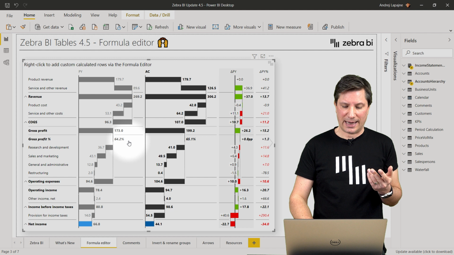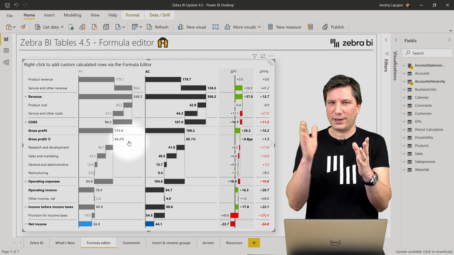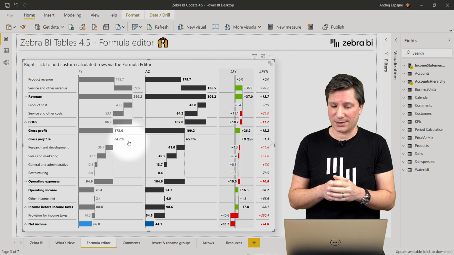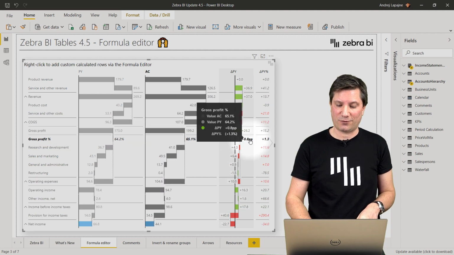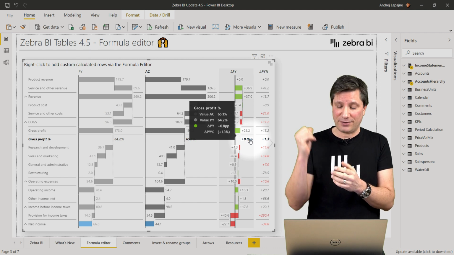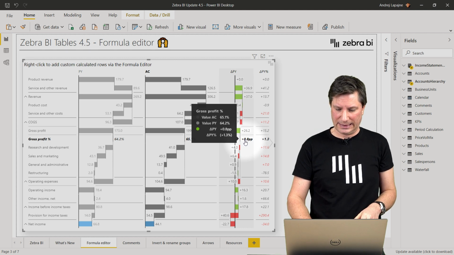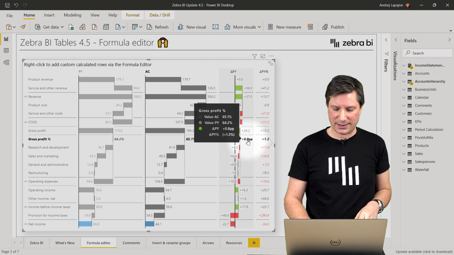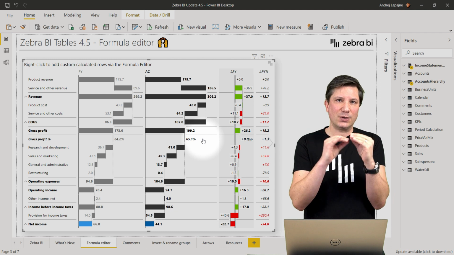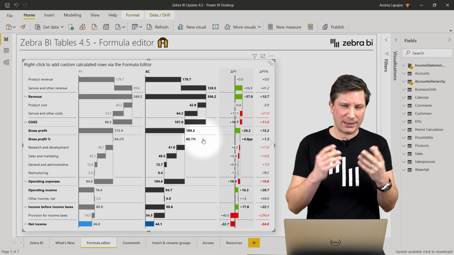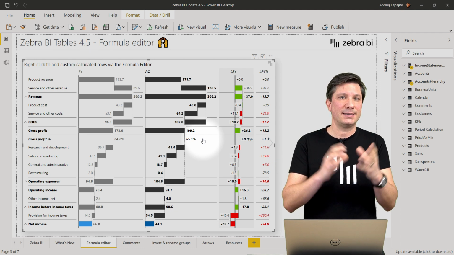It is formatted as a percentage, and it is shown in all the columns that you have in your Zebra BI tables, meaning this will work for your previous year measures, actual measures. It will also work for the custom calculated variances, like we have here, the absolute variance, it's 0.8 percentage points here, and also the relative variance. So from now on, I have a completely new item in my table, a completely new row that was not in my data set, and I simply added it with this simple formula.